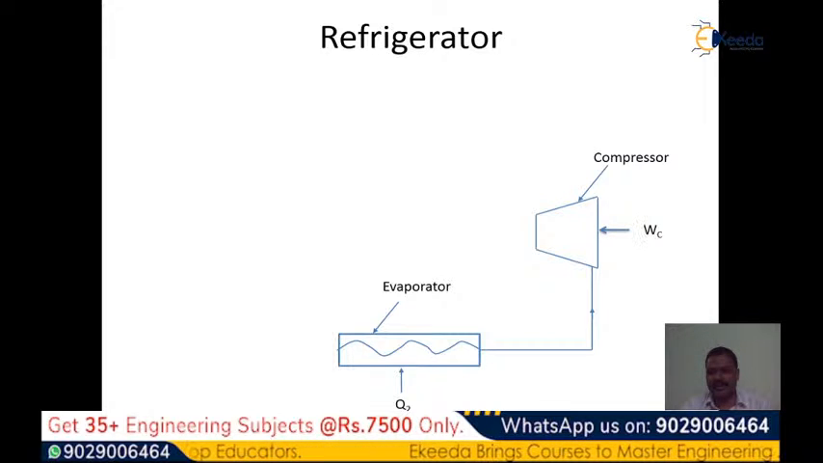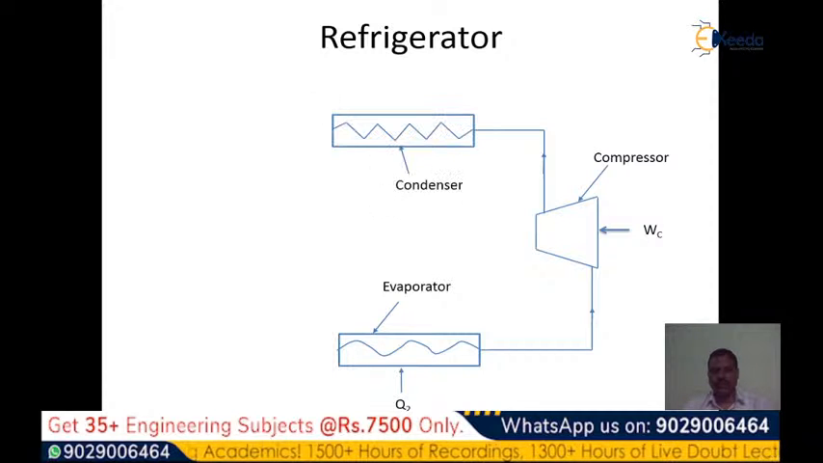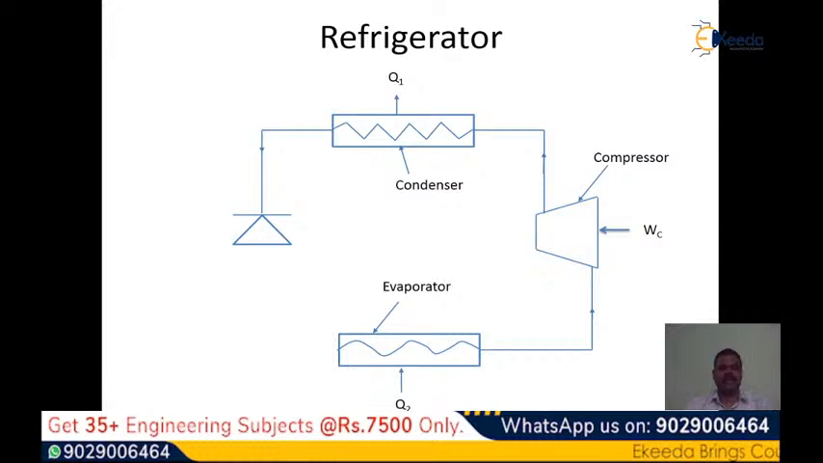By receiving WC amount of work, that is the work absorbed by a compressor, this compressor will compress that vapor, and it will be sent once again to the condenser. Here this condenser will reject Q1 amount of heat to the surroundings, and then condensation takes place once again here, and the exit of the condenser is liquid refrigerant, and that liquid refrigerant enters